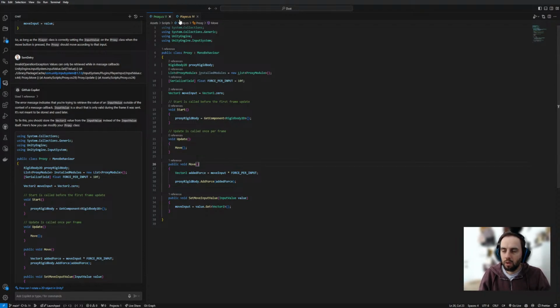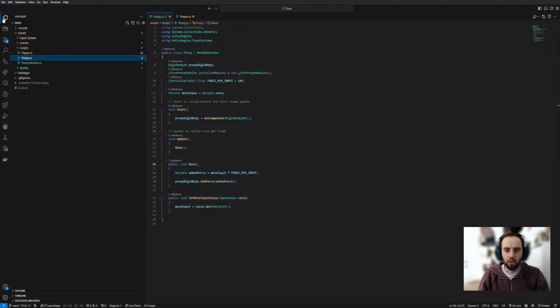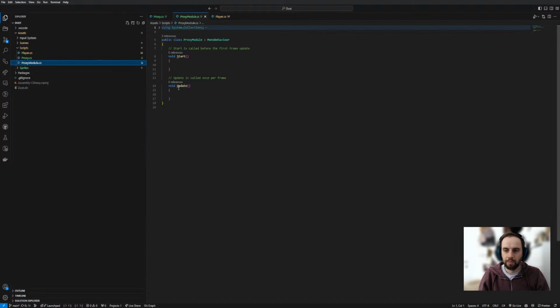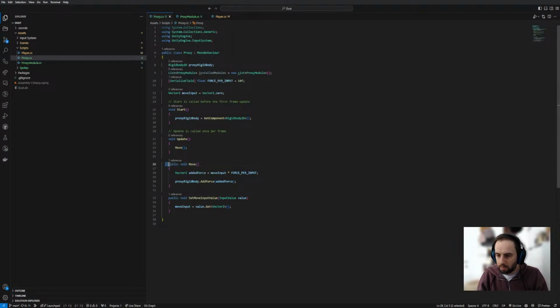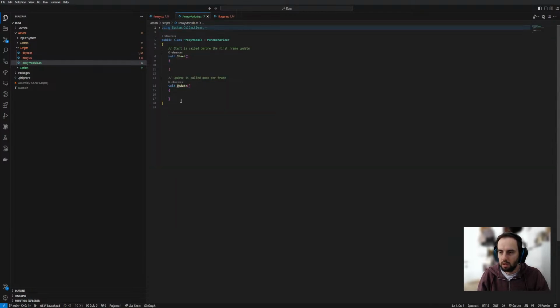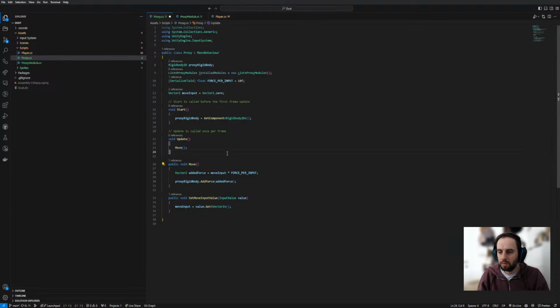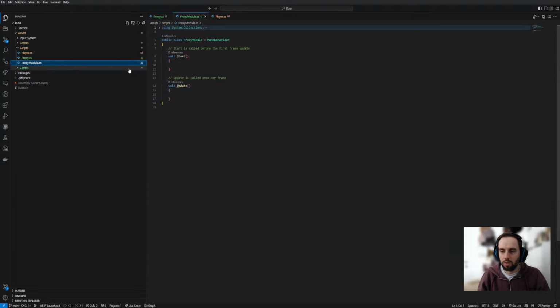But actually, so we now move the code to the proxy. But the capability of moving is not the proxy itself, it's the module that is installed, like the wheels or the motor or whatever. So we should still make a proxy module and then move it over there as well. Proxy module, mono behavior. Right. Move, set move, input value. No, wait. Because okay, there's a few things. A proxy module, yes, but